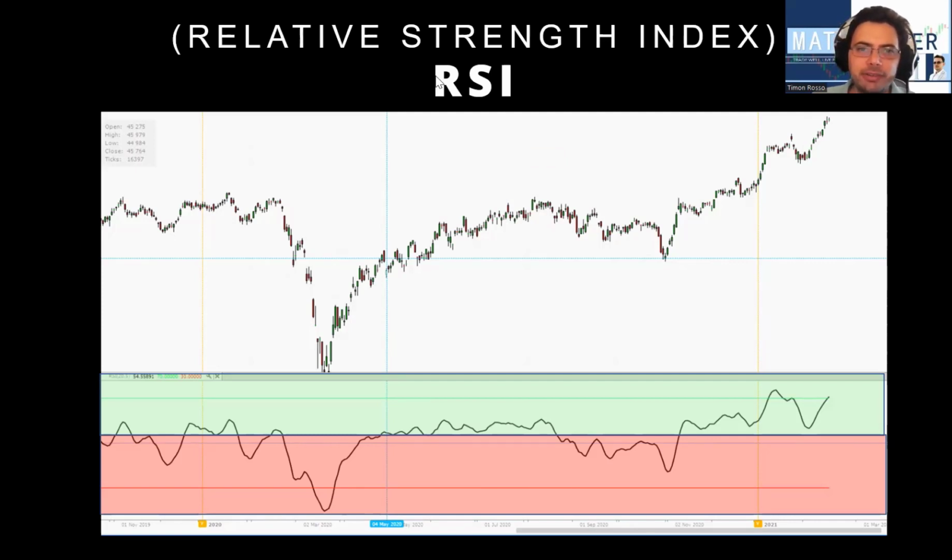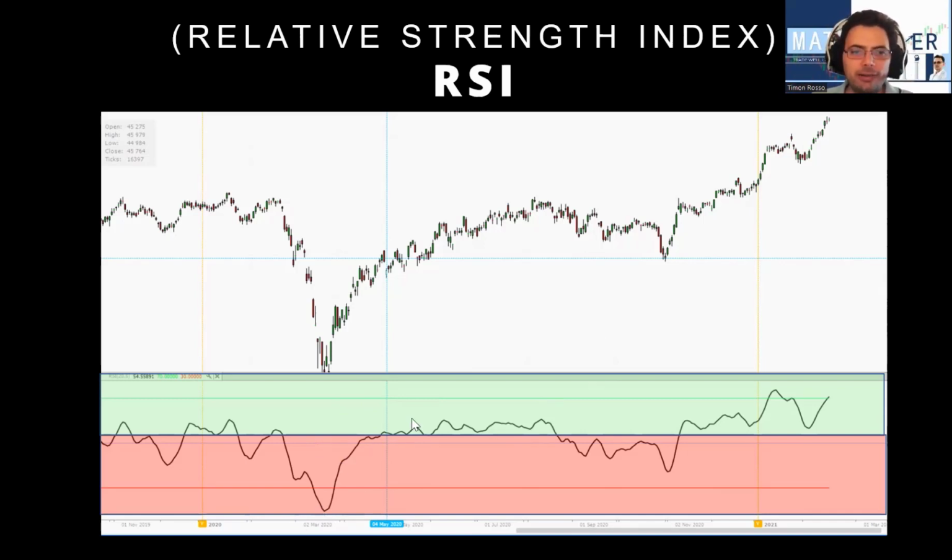Does the RSI have a time period? I use 18, but you can use 20. 20 and 18 are very similar. You can go into the settings. Sometimes there is a moving average placed on the RSI. I think it's too cluttered. I also like to remove the moving average. I want my charts to be clean and visible.